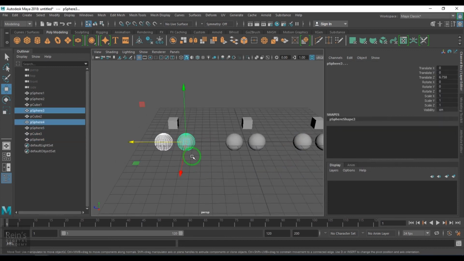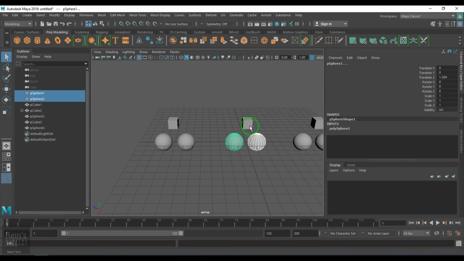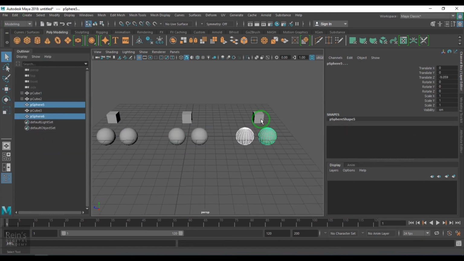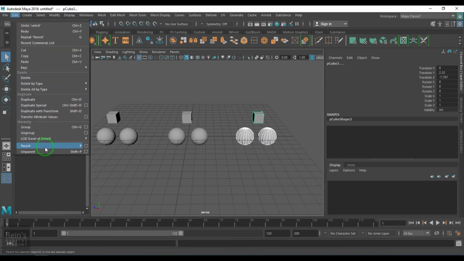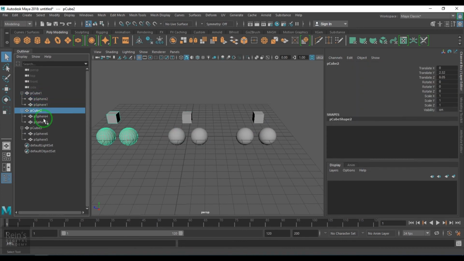These two balls will become the child of the cube. So I'll use the parent and child relationship with the default settings. Now select these two objects and then apply parent. Then select these two objects and that one, apply parent. Now if you see the outliner, cube and sphere, cube and two spheres, cube and two spheres.